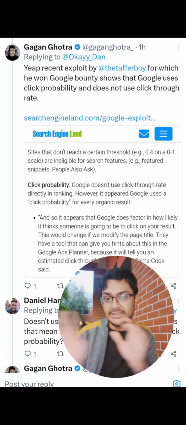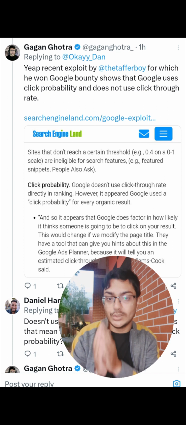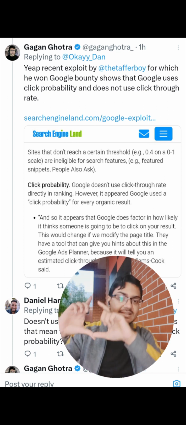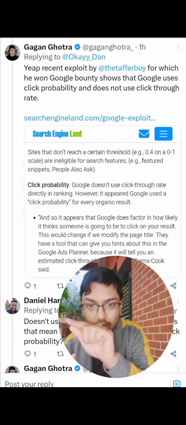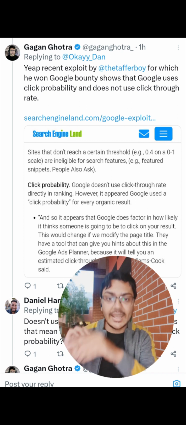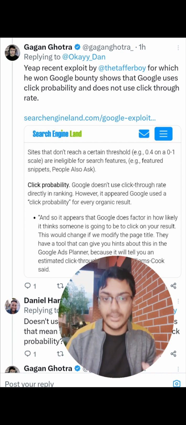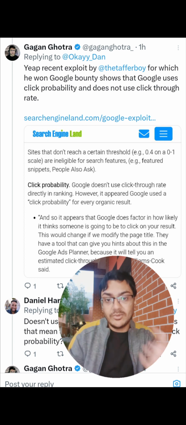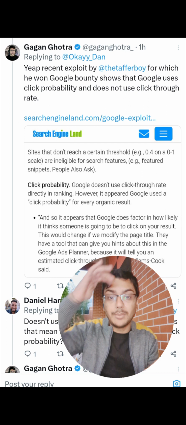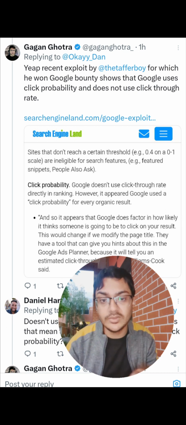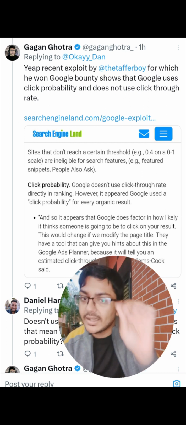Right now in the industry there is some saying that Google uses CTR. So in the search results, for the first link, how many people are actually seeing that link and clicking on it. Let's say 100 people saw that link and 10 people clicked it, that's a CTR of 10%. And some people were saying that if you have a higher CTR, your ranking over time will improve. But right now in this exploit, it was found that it's not the CTR that people are clicking on,